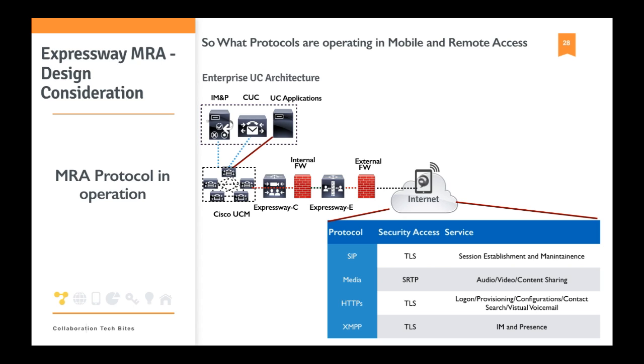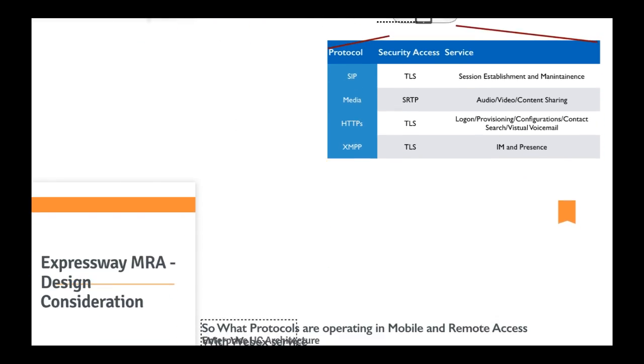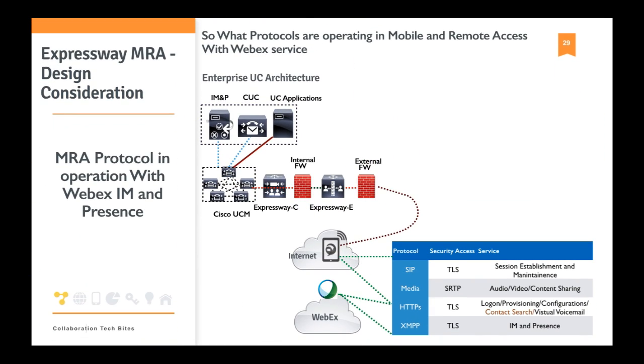HTTPS, we're using for login, provisioning, configuration, also download configuration file, contact search, visual voicemail. It's HTTP over TLS or SSL. XMPP for federation, it's also over TLS, for IMN presence. What about if we have a hybrid environment? In some customers, they don't have a full on-premises environment, but they only have WebEx for contact search and IMN